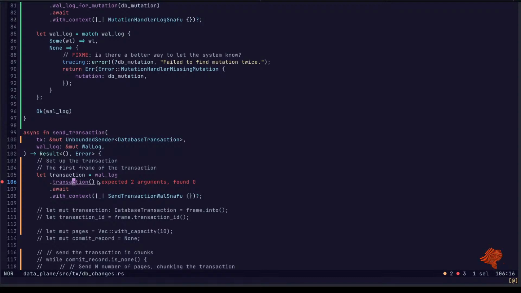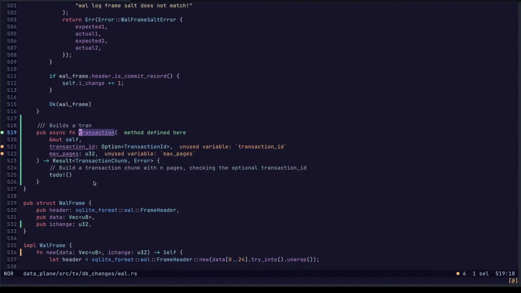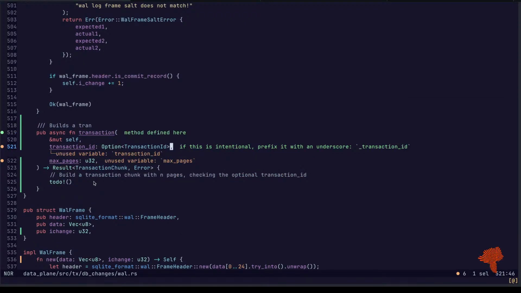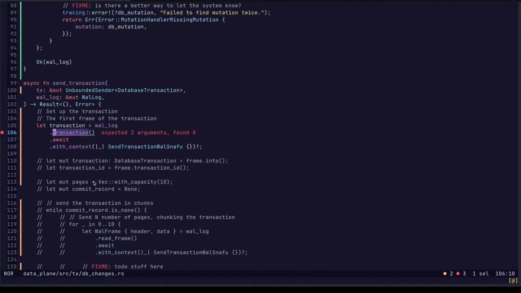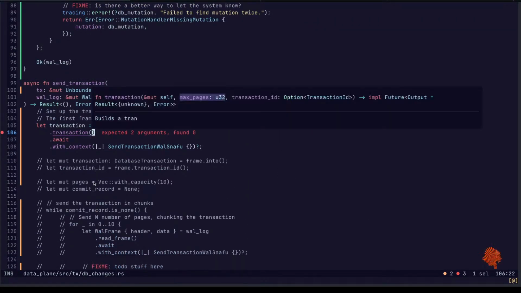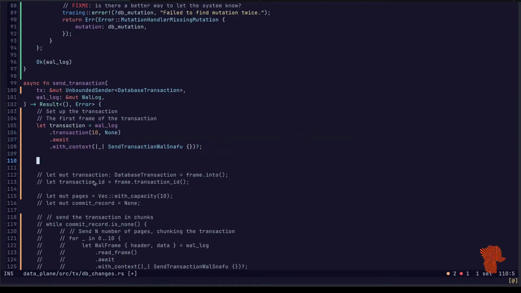So the first one, let's say we want these flipped. There. So now let's have 10 pages and none. So no transaction ID. Get one of those.